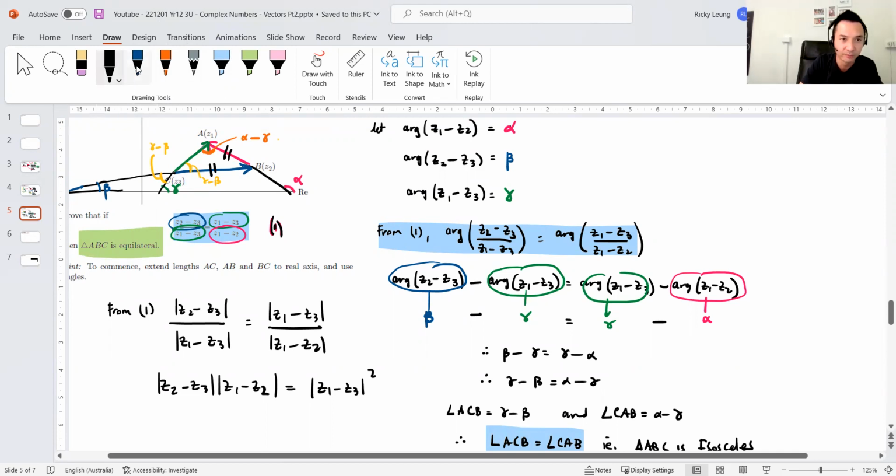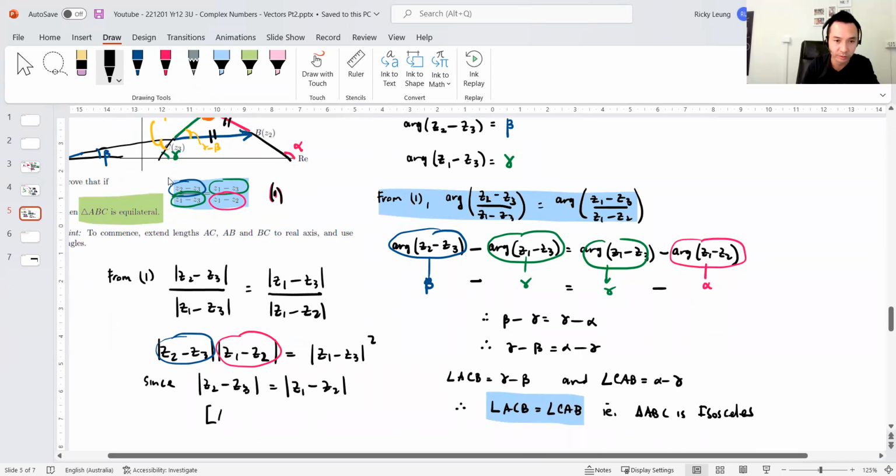Now, which one's blue again? Blue is Z2 minus Z3. So this guy here is blue, while the pink one is this one here. It's Z1 minus Z2. So these two are equal. I just proved that these two are equal. You go, since Z2 minus Z3 equals Z1 minus Z2, yeah, because it's isosceles. So you can go, because triangle ABC is isosceles,